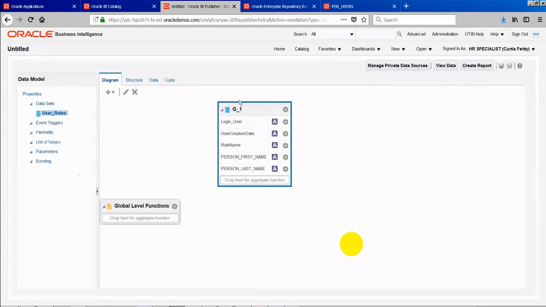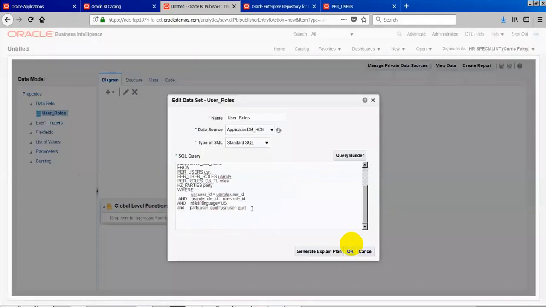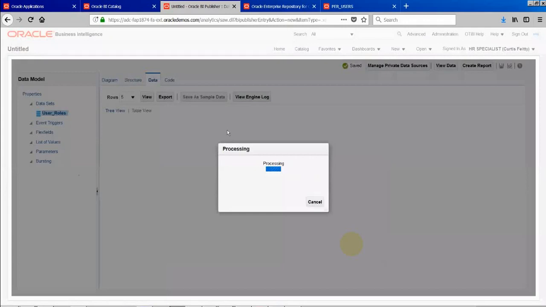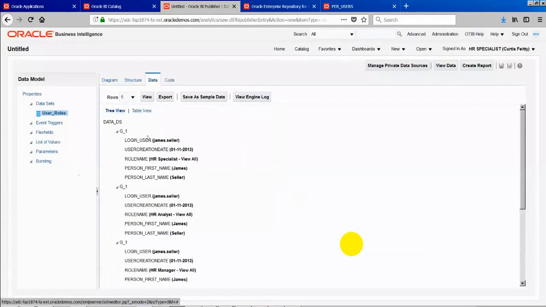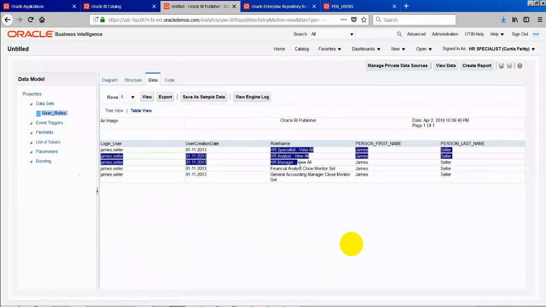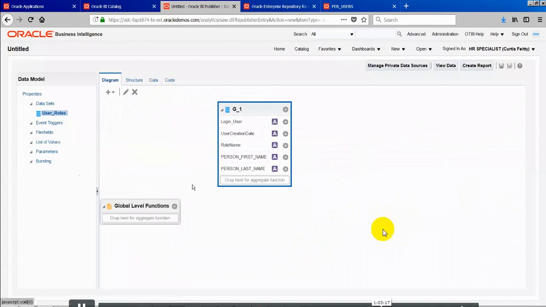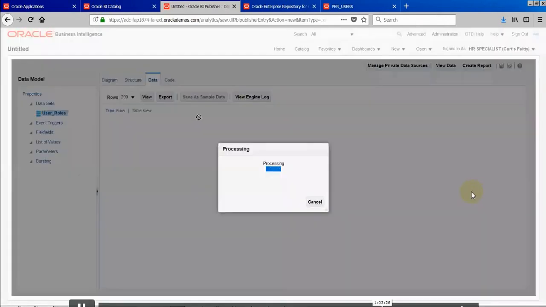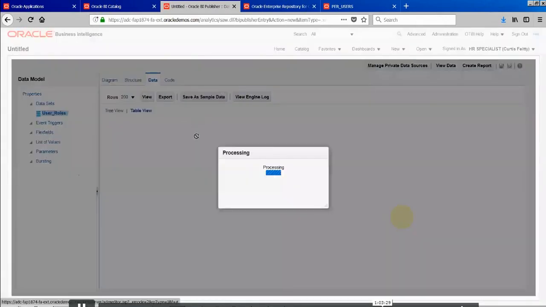So we have the data, and we also need to filter it. We can pull up data and we can view. Typically it will pull the table in the tree format initially. We can see the user, what roles are assigned to that user, and what the first name and last name are. Initially we're pulling only 5 rows, and typically in this data model we won't be able to pull the complete information here. It's actually sample data only. We can pull up to 200 rows. We can't pull beyond that.